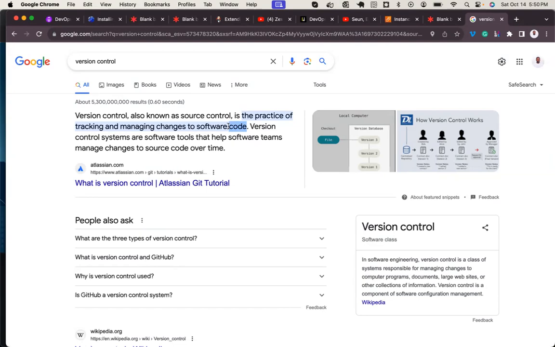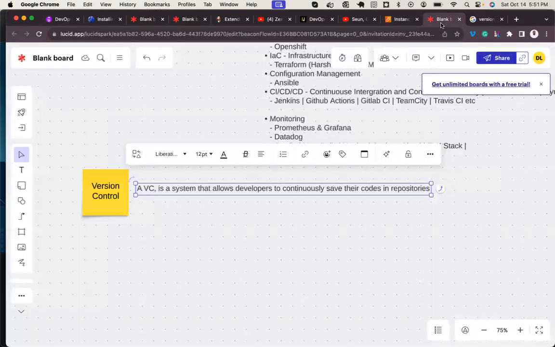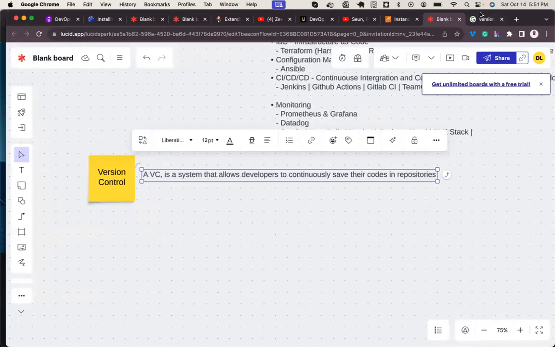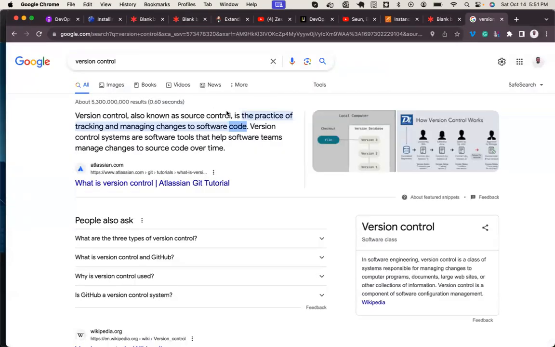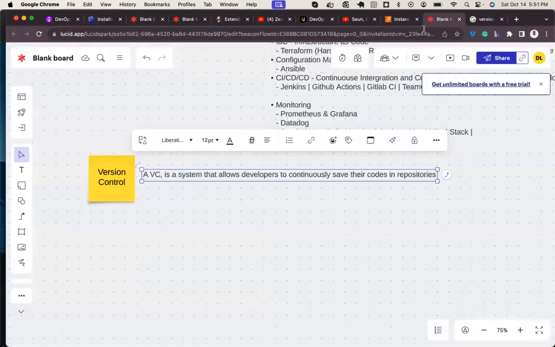So version control systems are software that help software teams manage changes to source code over time. Something close, but go with this definition, guys. All right, great.